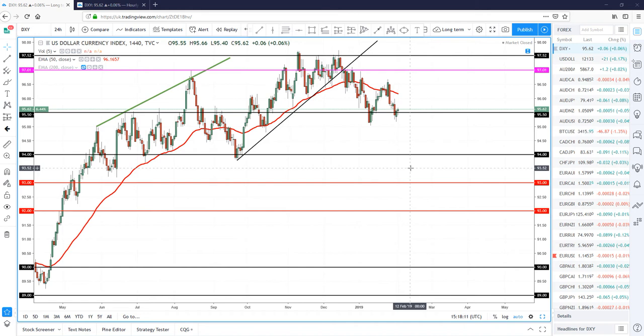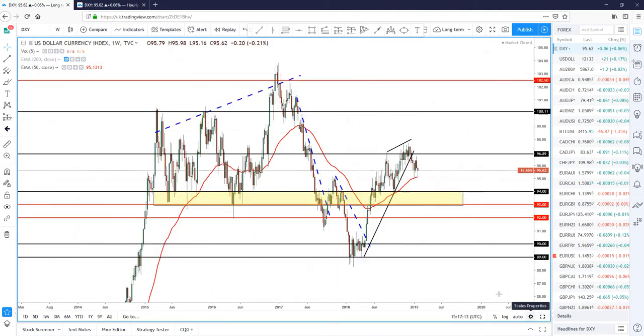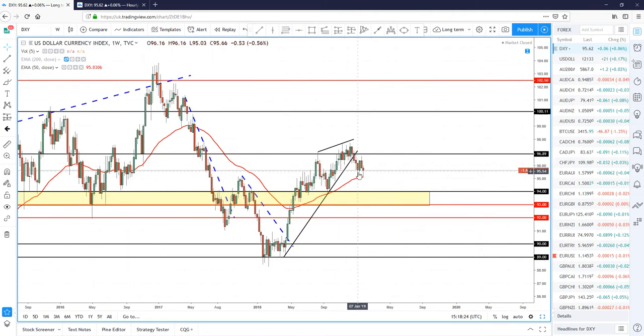So this week I'm going to show you two dollar charts which say two different things, but overall I do think the dollar may show a little bit of strength at the start of this week, to actually tumble down afterwards. So on the DXY we have, you could be fooled to say, hey look, it's a bullish setup,